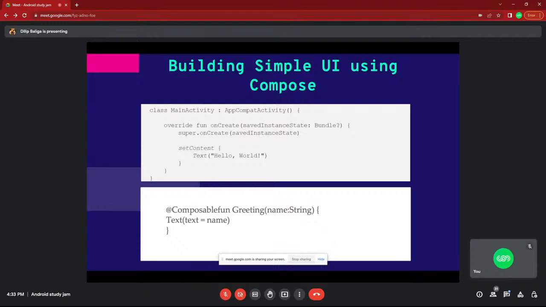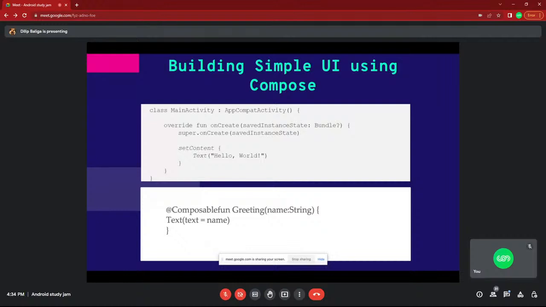Now Kotlin provides one more thing, Compose. It is a UI toolkit so that you can create views inside the .kt file only. You no longer need to create a separate .xml file and bind the .xml and .kt files together. After Compose arrived, you can write everything inside the .kt file and create your own view. That is the simple example.